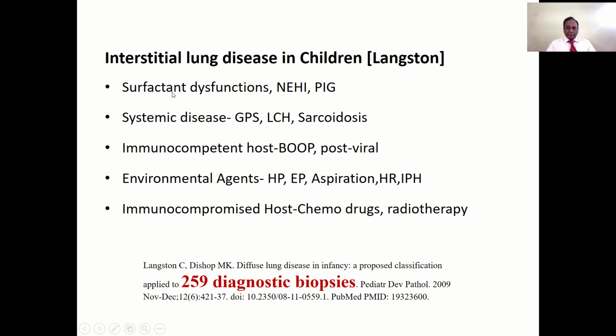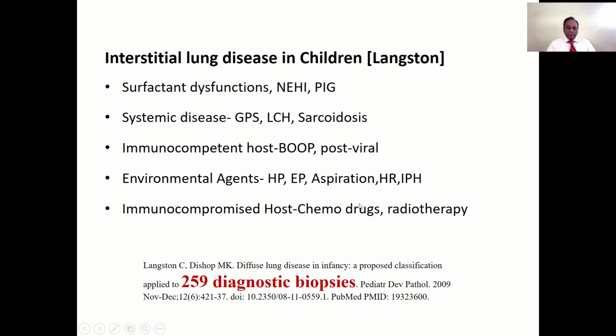He grouped them as surfactant dysfunctions, then ILD connected with systemic diseases, ILD happening in the immunocompetent host, and environmental exposures causing ILD, particularly hypersensitivity pneumonitis, eosinophilic pneumonias, and aspiration. He did very good work, and he also found that some drugs are implicated in ILD,